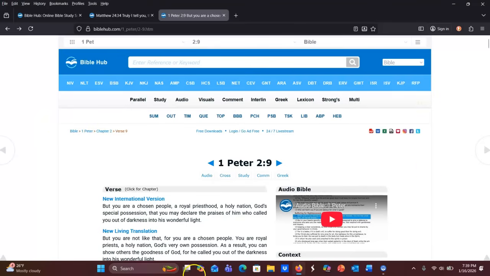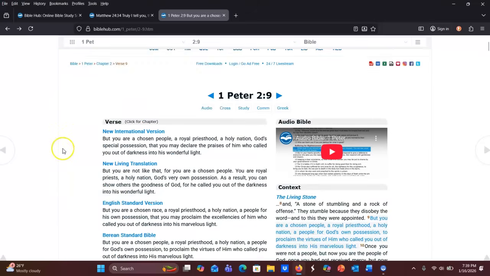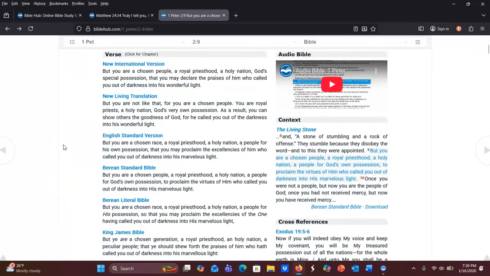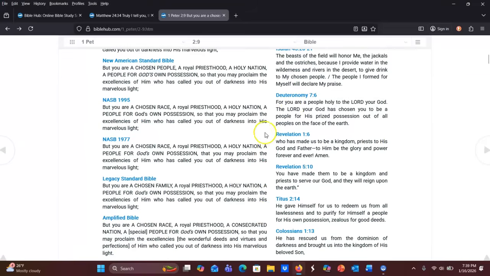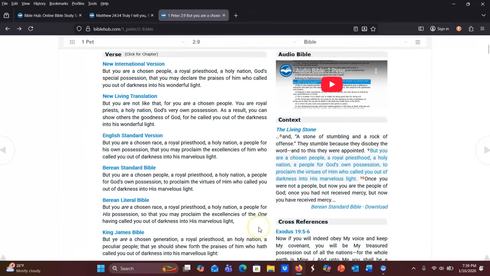Now, the nice thing about doing it on the computer and not the app on my phone is that the cross-references show up right here, right next to these parallel verses. You can look up the cross-references that are listed for Bible Hub. So, for example,